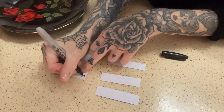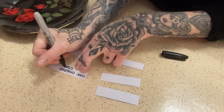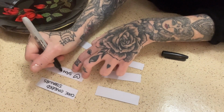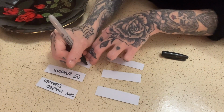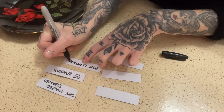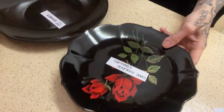I also have to remember to make room for food, so I like to write down the food on a little slip of paper and put it on the plates in spaces on the table as I set it up so I know where everything is going to go. If I have to build anything for the table, I'll also be doing that within this week, but I don't have any props for this shoot as I concentrated on the headpieces. All of this is really a scheduling and